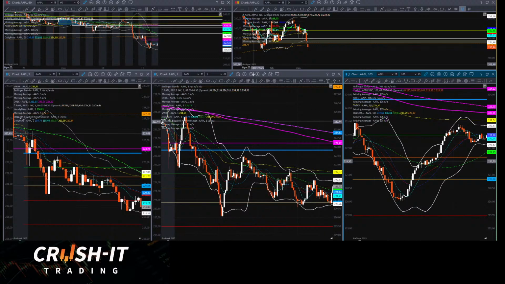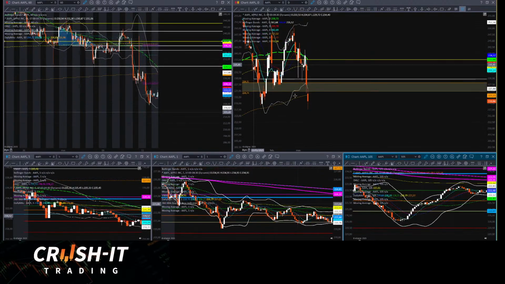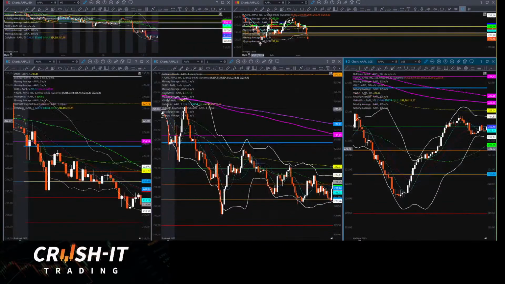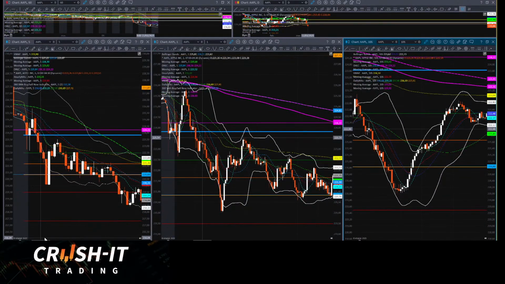As far as Apple goes today to the downside, we're at the 200-day. We are gapping up a little bit. We do have this old gap zone, which was filled a while back, but I like to keep them up here for a few more days. So we'll see what happens here in this gap zone on Apple. It's not going to really be on my watch list, but if we get a crush zone trade, maybe we'll contemplate it. AMD,